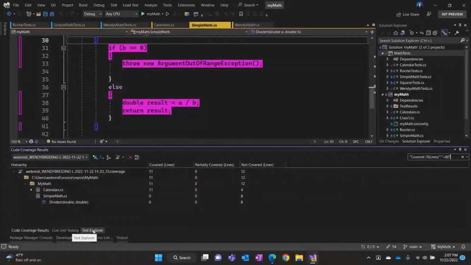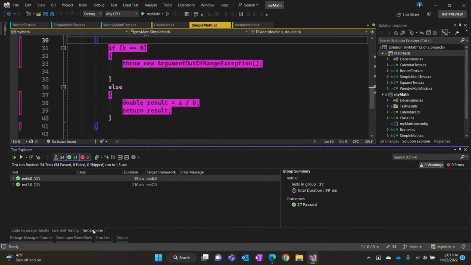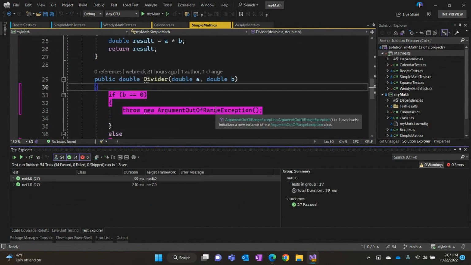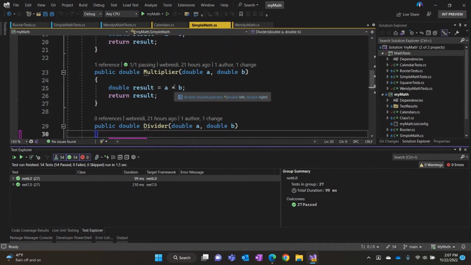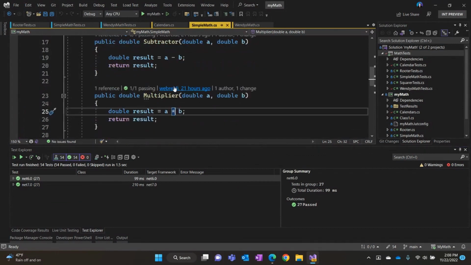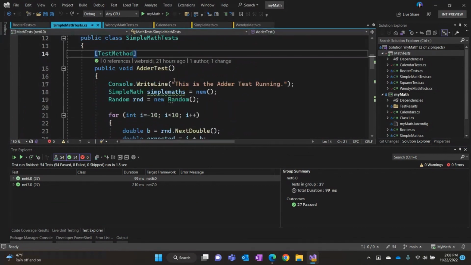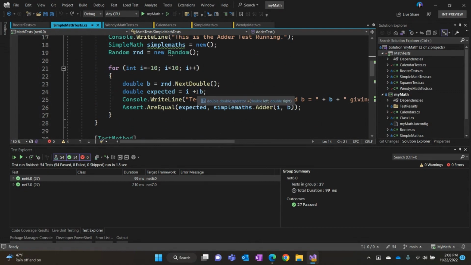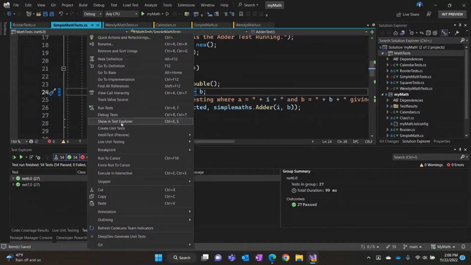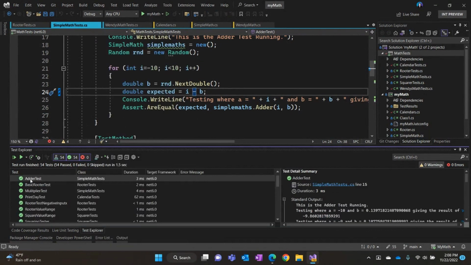The next thing I wanted to show was diagnosing. All of my tests have been successful and everything has been running great. But what if it's not? Sometimes you need to figure out what's going on with your code. So I'm going to make a mistake in my test here, come down to Test Explorer, and debug this test.